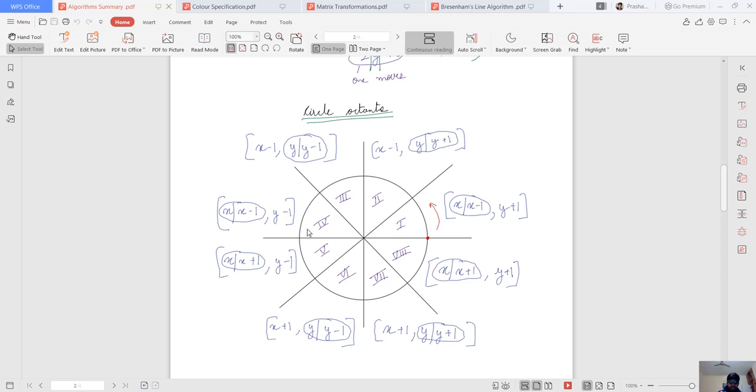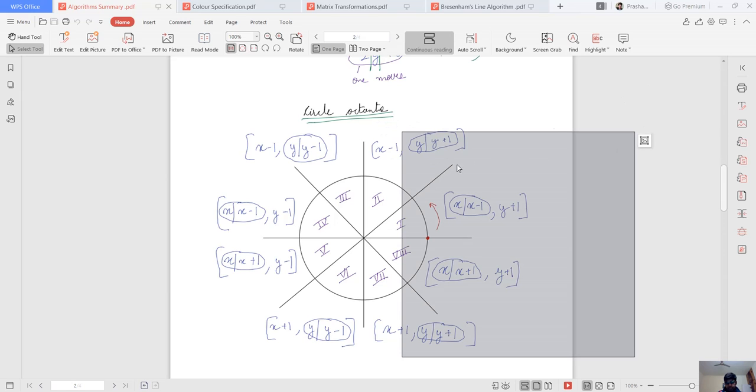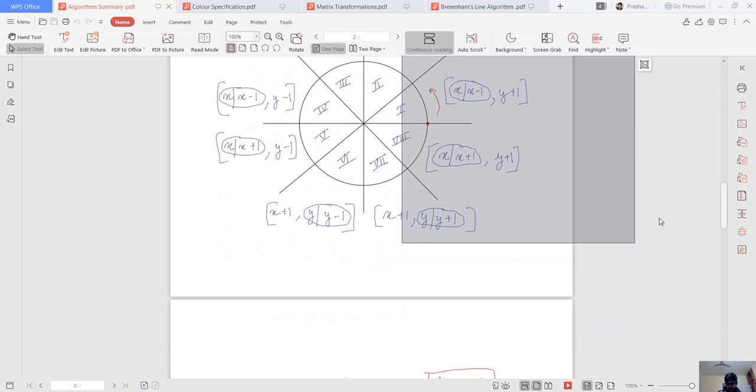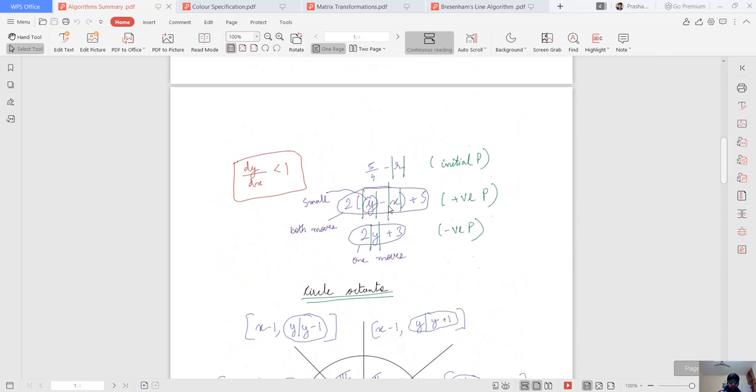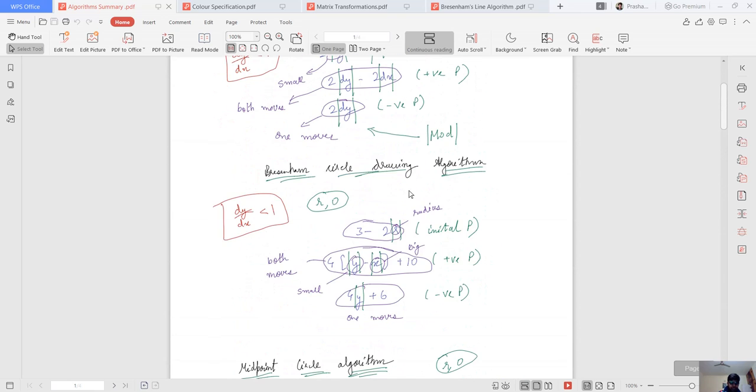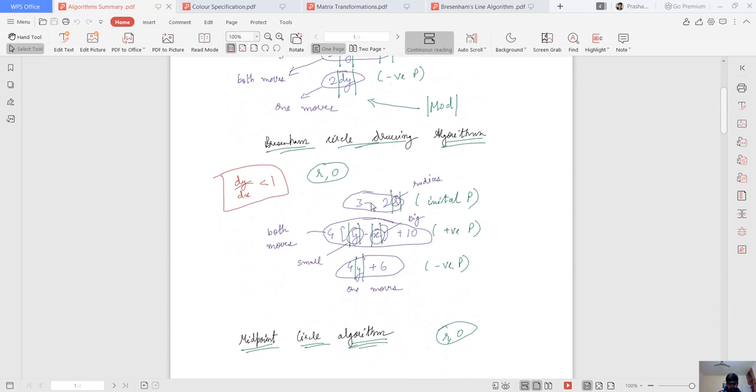In this we are moving anti-clockwise, but if we move clockwise, then it would be different. The x would be positive, and y may or may not decrease. This statement would have changed. Actually, we have to see which direction we want to go.